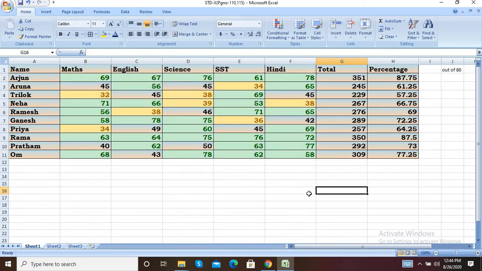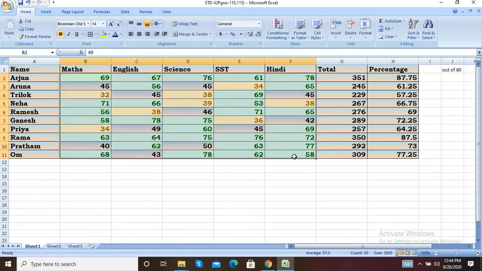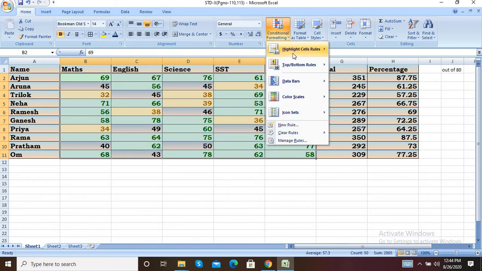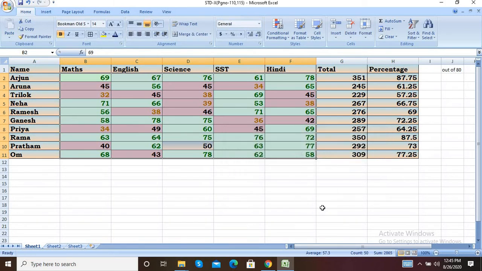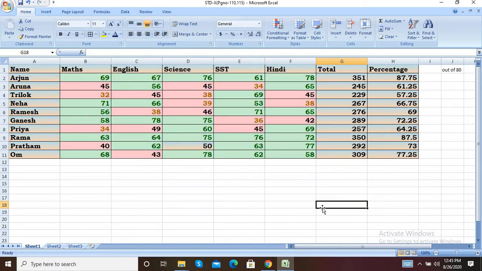So see the changes. Those students having greater than 50 marks are shown in green color. See the green color is here. All are having a green color. Okay. And the next condition is those students having less than 50 marks get a red color. So select less than, here 50, and here is light red fill. Okay, so click on OK. When you click on OK, see the changes.